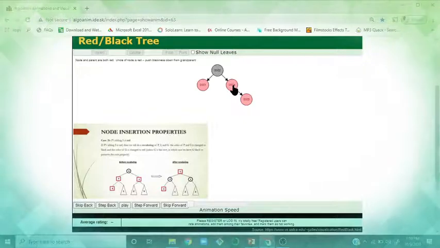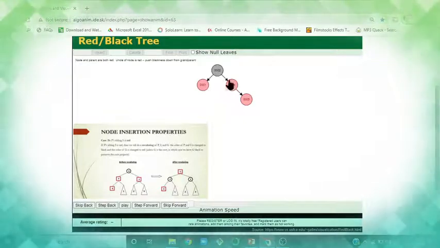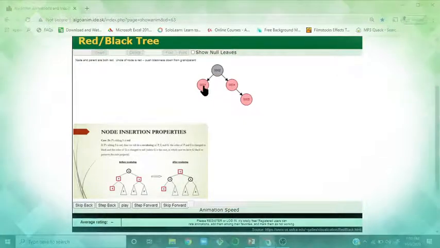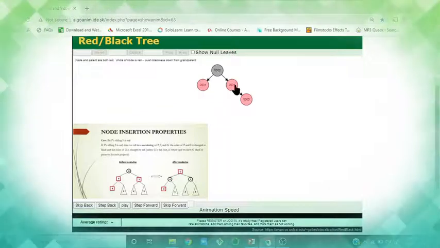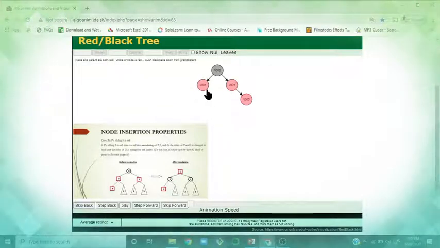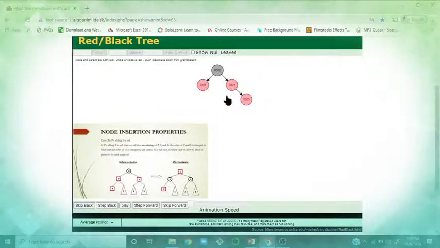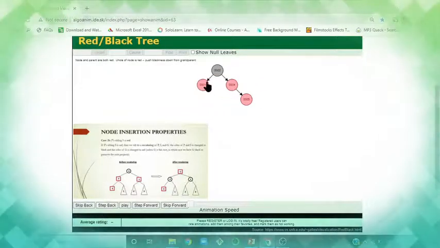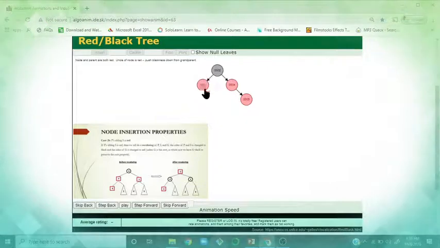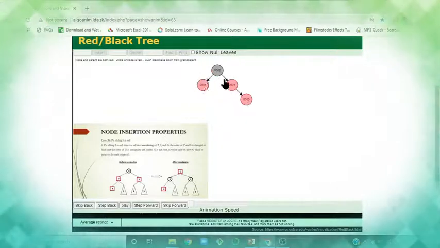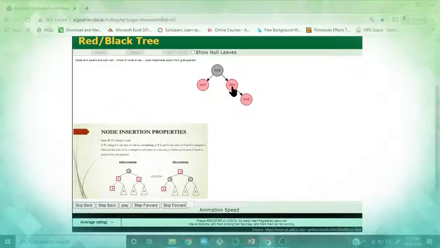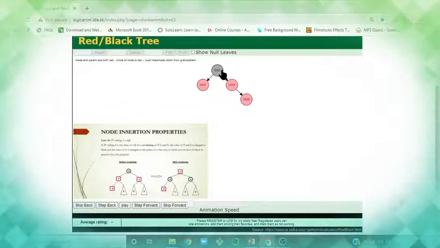Once it is violated, make sure whether we have the sibling or not. If the sibling is present, look at the color. We have two scenarios. If the sibling's color is black or if it is null, we make a single rotation. If the sibling is available and it is in red color, we don't need to go for any rotation. I just turn these two into black color and the parent as red color.